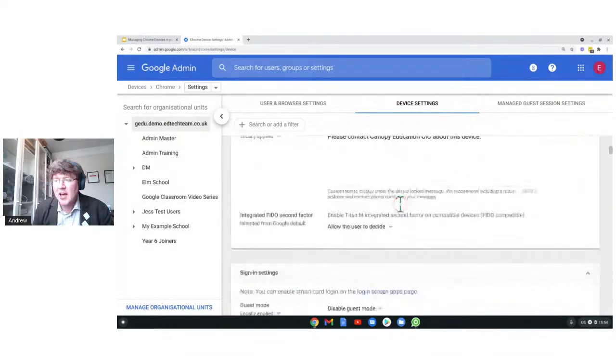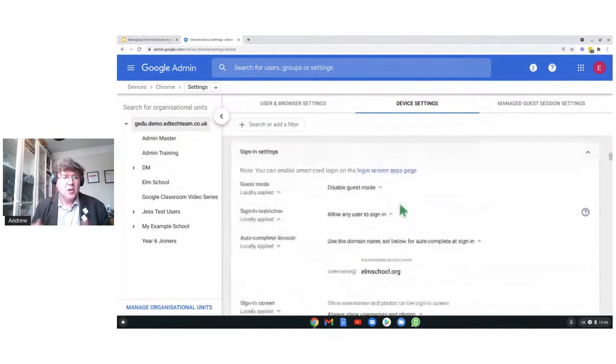Coming down, so here we go, the sign-in settings. When the Chromebook powers up, what do we want to have happen? I would suggest the following. Firstly, disabling guest mode. Guest mode allows someone to use the device without even having a Google account. Obviously, it's going to allow them straight on the internet and bypass all of the other settings we put in place. So most of the time, we're going to disable guest mode, unless the only use case scenario for this